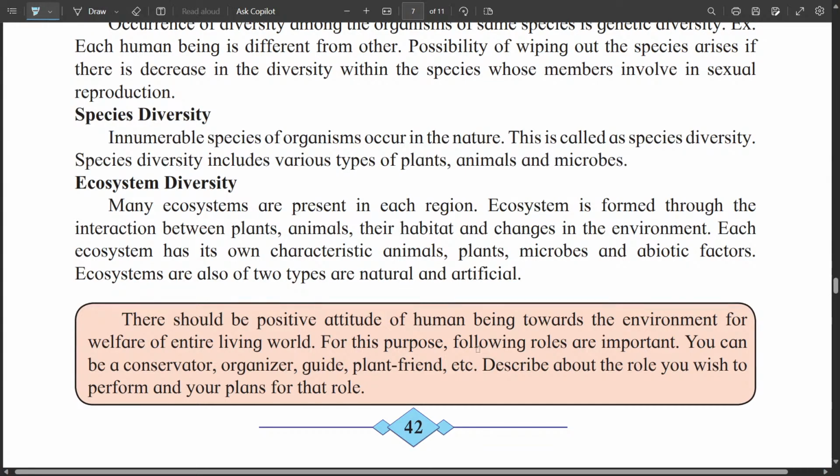Many ecosystems are present in our region. An ecosystem is formed through interaction between plants, animals, their habitat and changes in the environment. Each ecosystem has its own characteristic animals, plants, microbes and abiotic factors. Ecosystems are also of two types, natural and